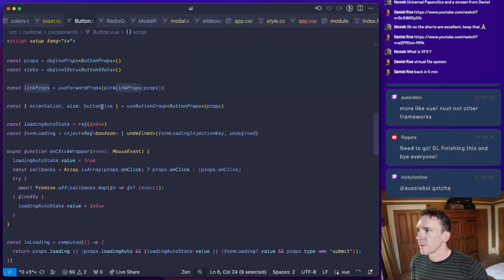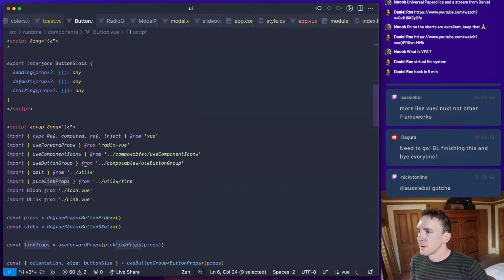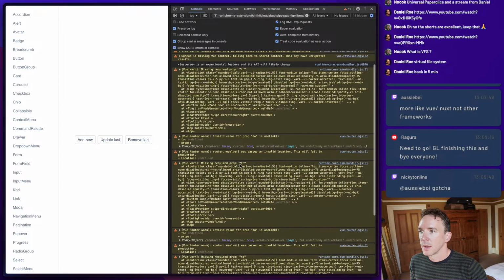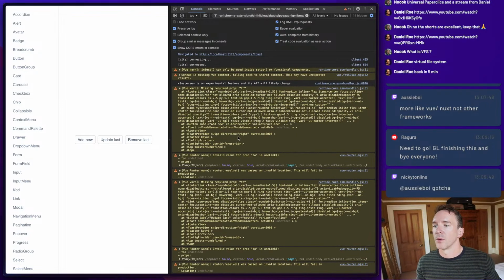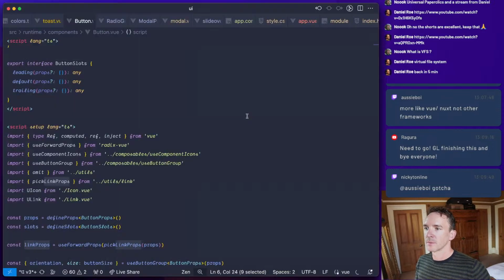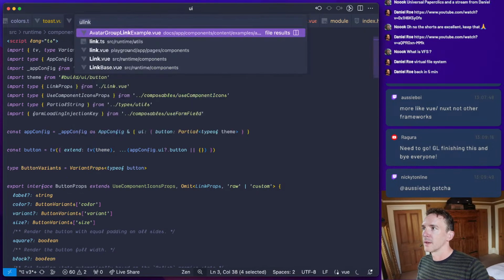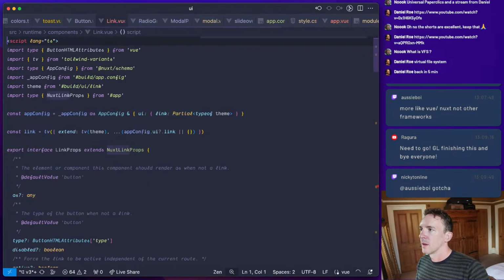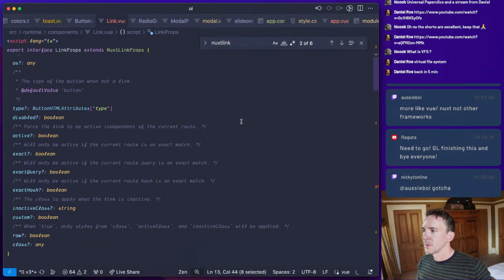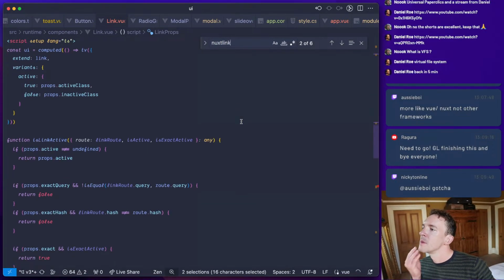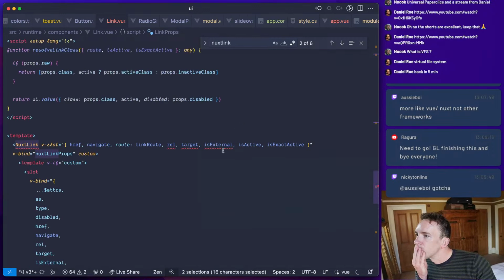Okay, so there's some stuff going on here where we probably have to handle something differently. It's probably a NuxtLink props issue. Of course.